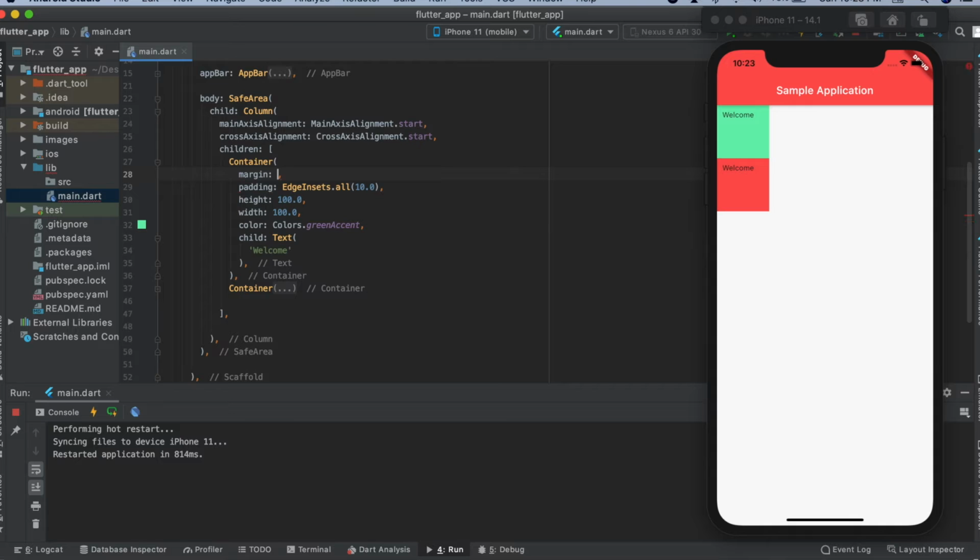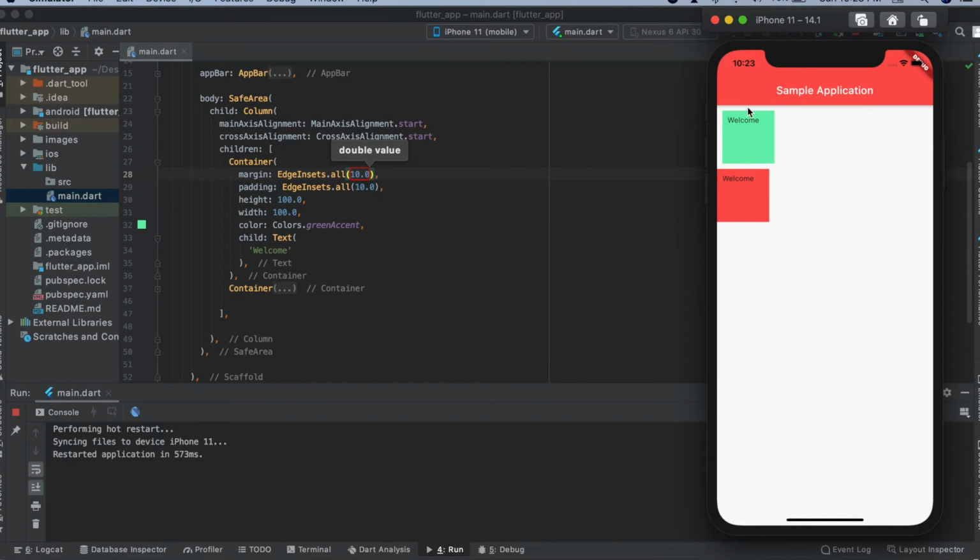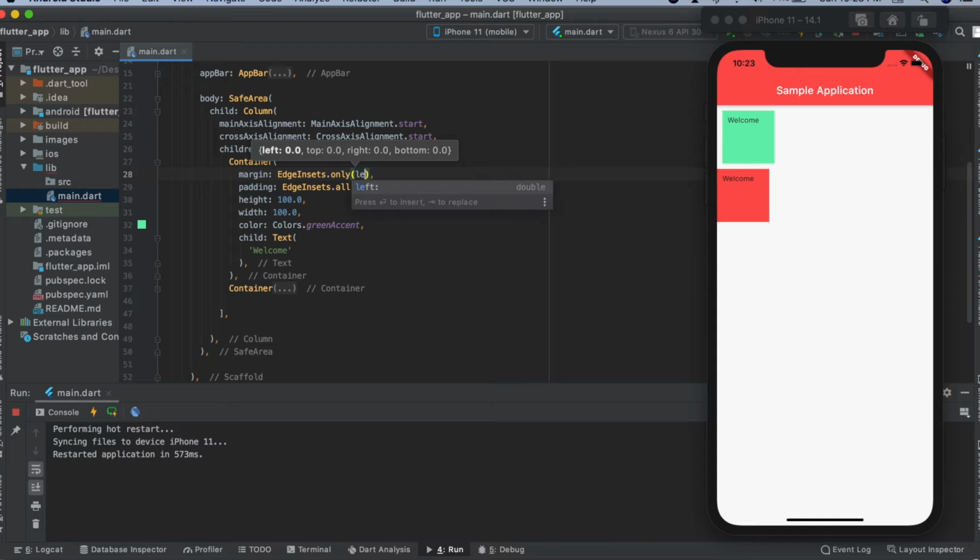So margin is like this. Then again we have EdgeInsets.all or only. So I'll give it a space of 10. So see, the space would be created from all four sides, just because it's all. And if I kept it as only, I'll show it to you. Let me keep it as left and 10.0.